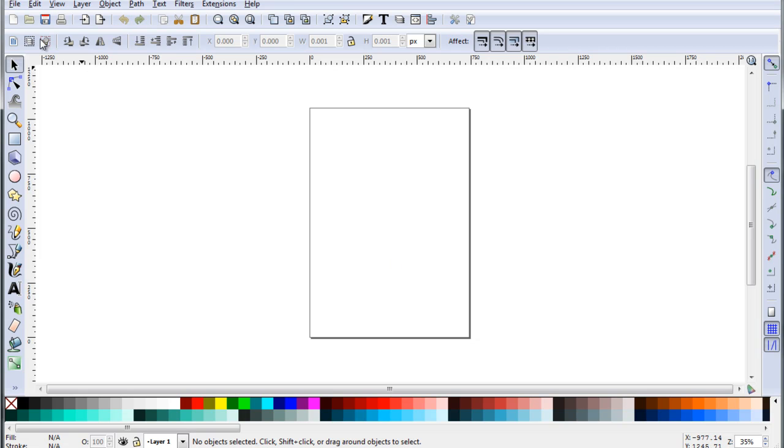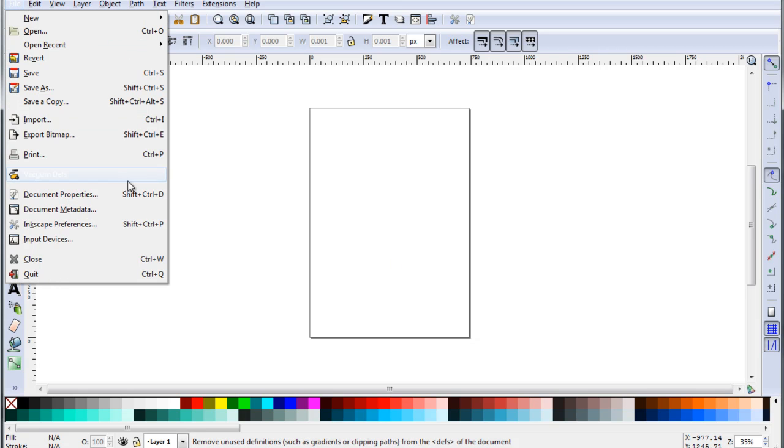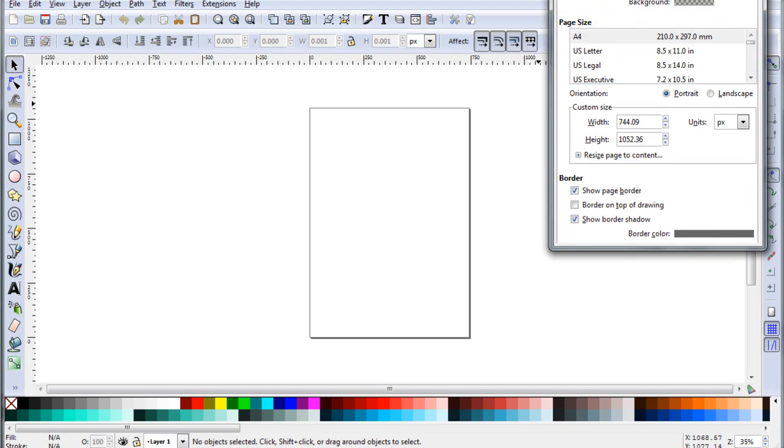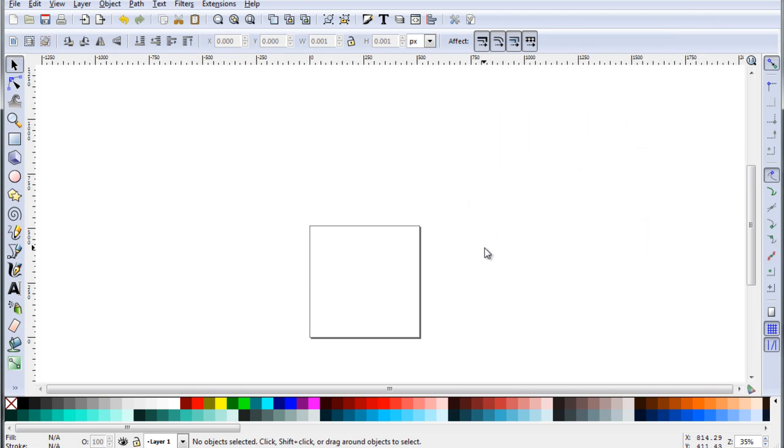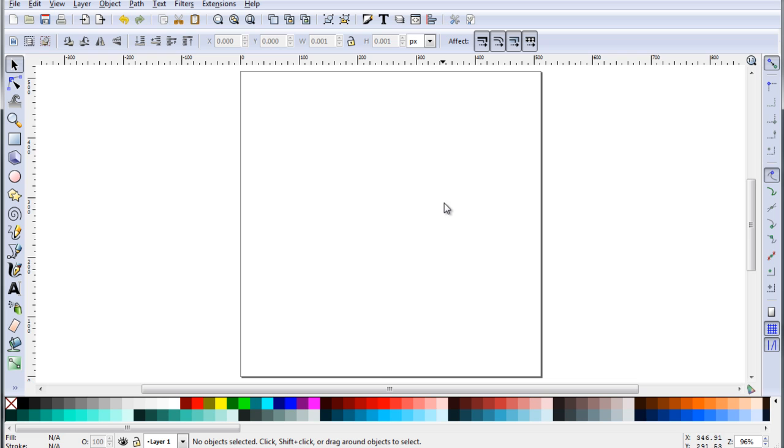So this I can very easily adjust by going to File, Document Properties, or press Ctrl D, and in the dialog that pops up, you can go down to the width and height options and set them to 512. Press Tab, 512. All right, now I have made this square page here. Close the dialog, press 5 to zoom in to the page,